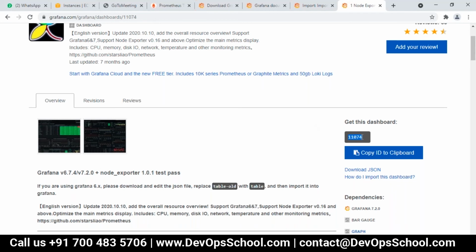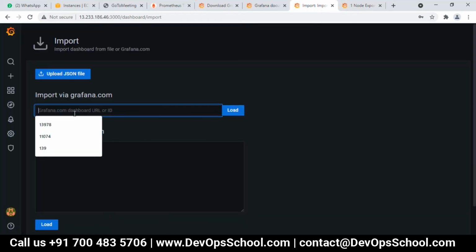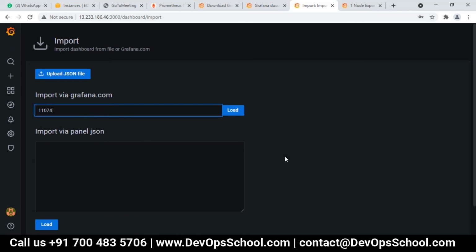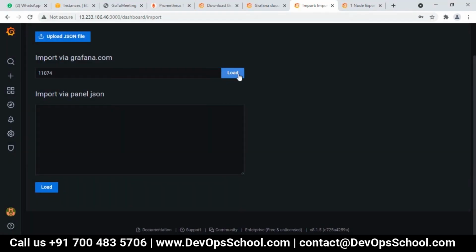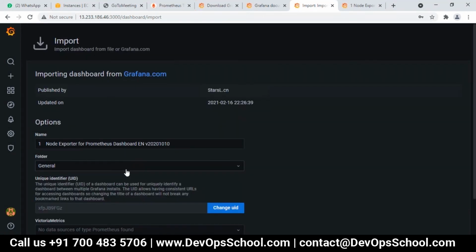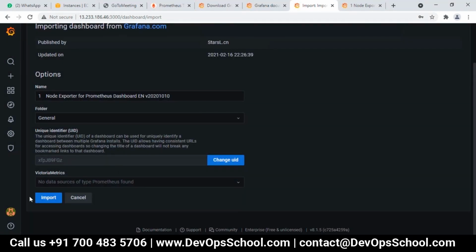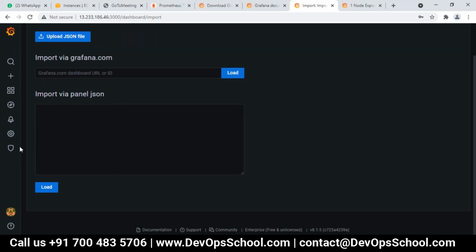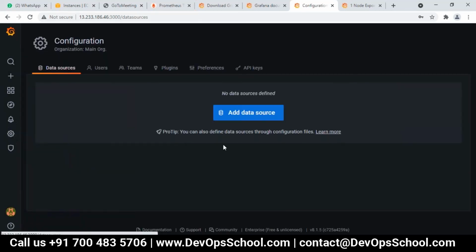So I'll mention this ID here and click on load. It will fetch the details related to this dashboard. Okay. And before doing that, what we need to do is define a data source.